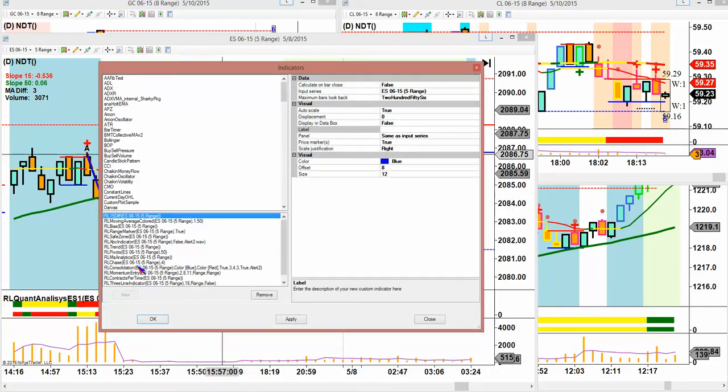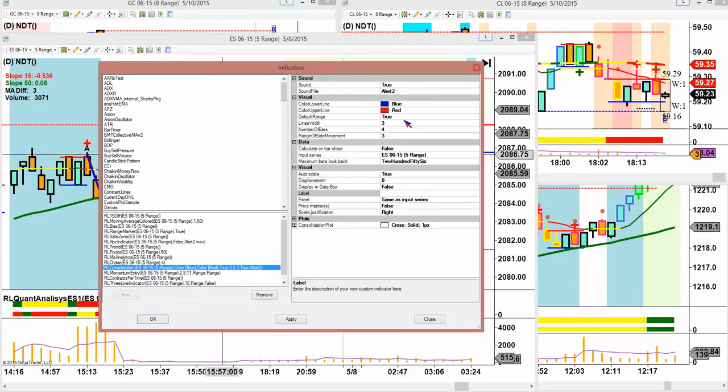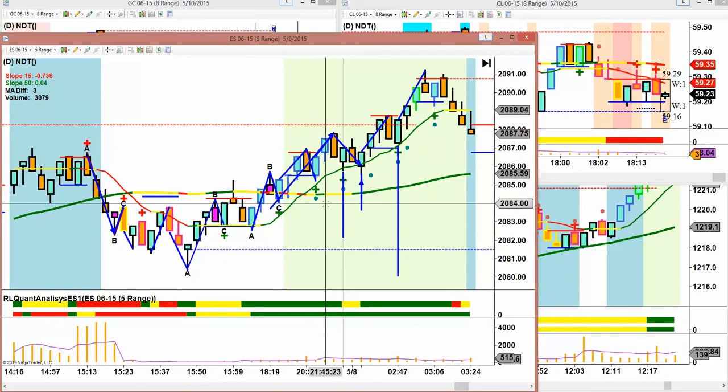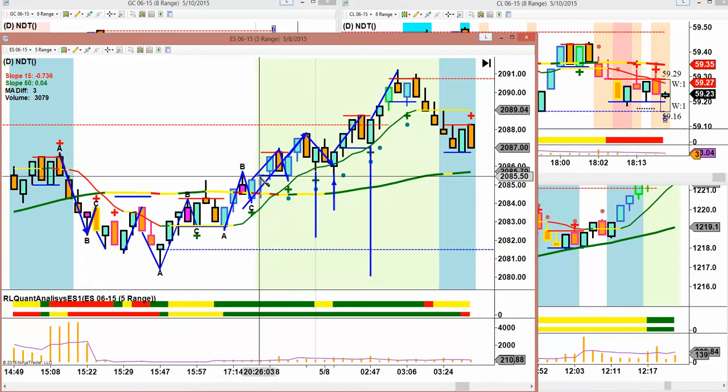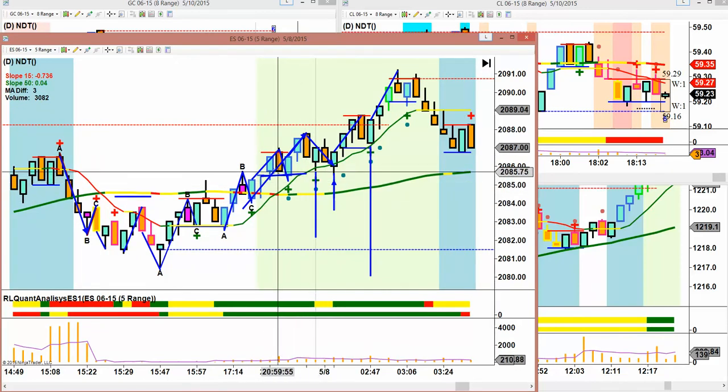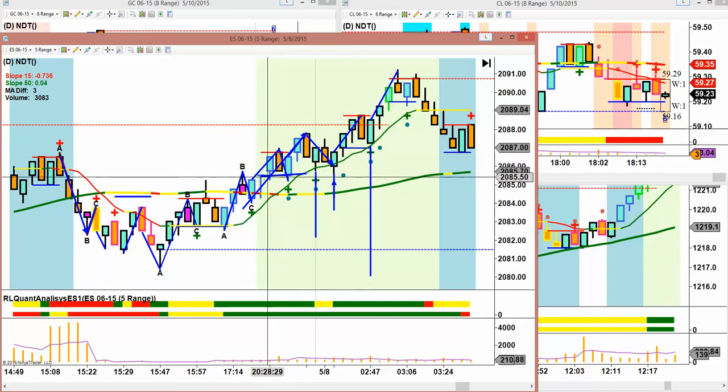It's called the consolidation indicator, and it's set to print on 4 bars. We have it on the ES, so the channel has to be very, very narrow. When you get a very narrow channel move, it takes 4 candles to print this. But on the 4th candle, you're going to get